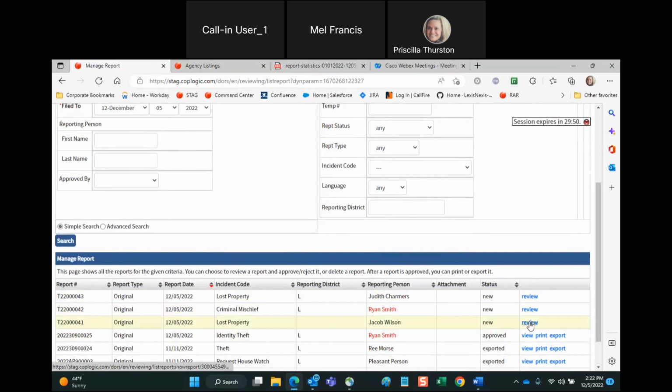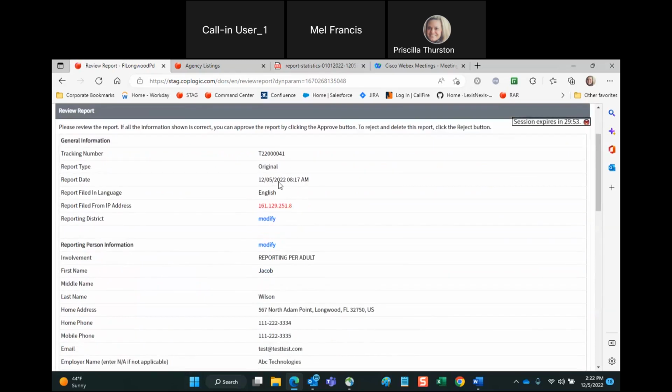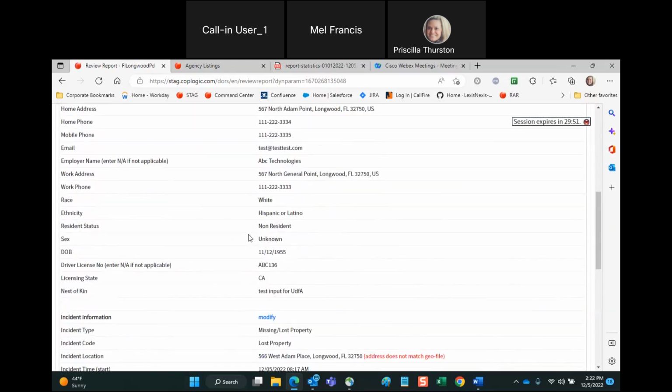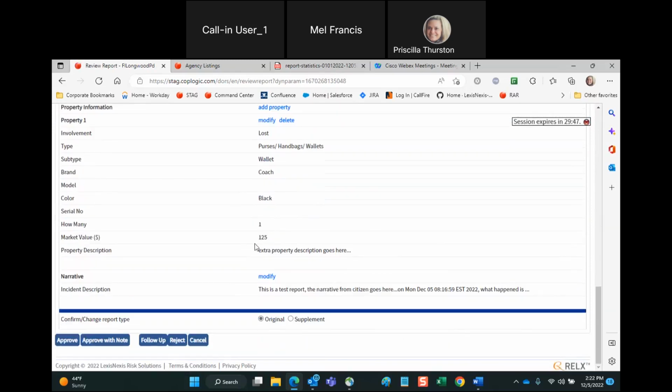Now, lost properties, as I said, are slightly different in the approval process than an identity theft, theft, criminal mischief, or so forth. The review process is going to be exactly the same. You're going to have all of the same information listed or requested, just as you did from all of the others. Now, the difference is that if you were to go ahead and approve this report, because you and the